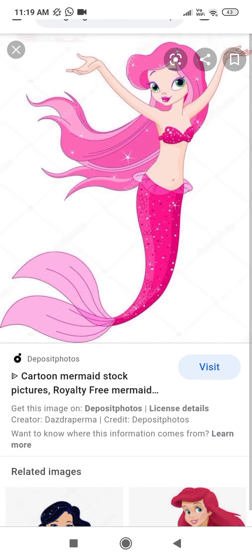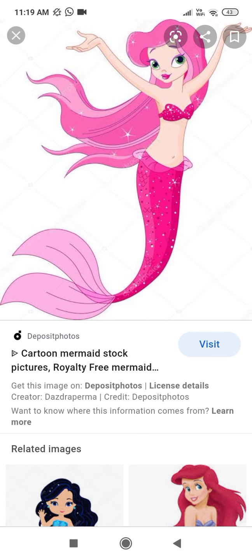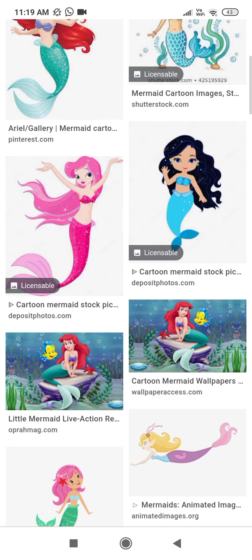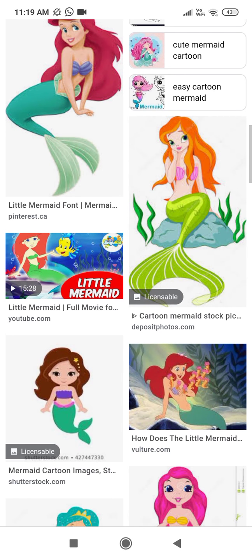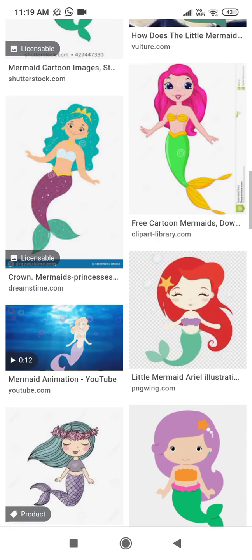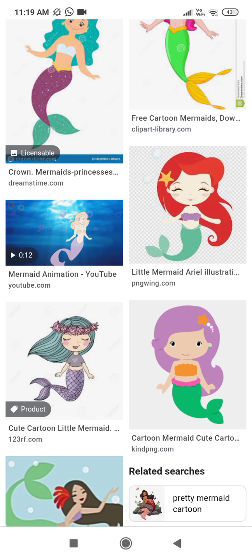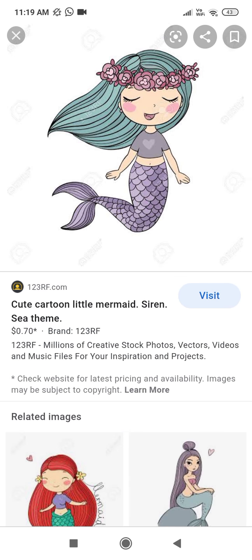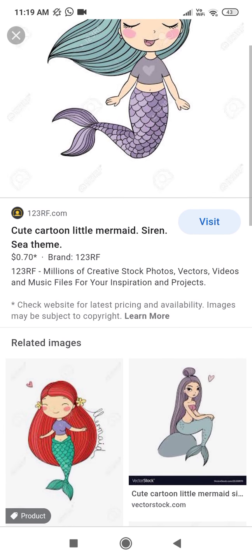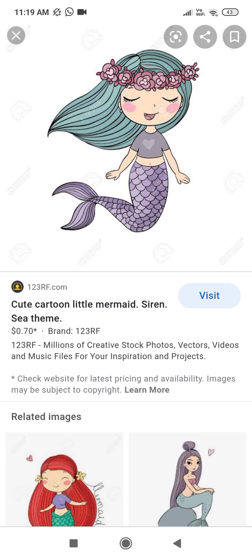See, this one is good, but it doesn't have boundaries, so you can't choose this picture. You can actually, but it will not give you such a nice coloring page. So always try your best to search for a picture that has nice boundaries. Maybe this one looks pretty cute. I think yes guys, this one looks good, so I think I can choose this one.